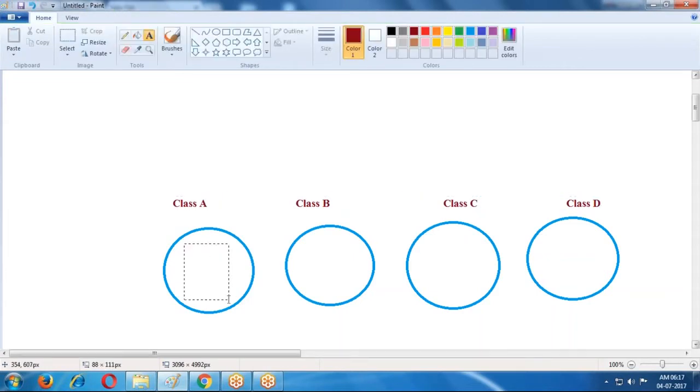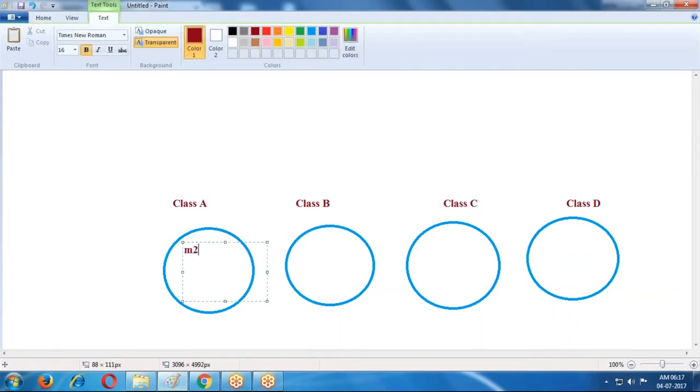In class A we have some methods: M1 is one method, M2 is one more method, and M3, M5.